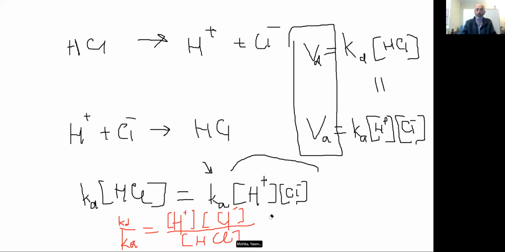Yes, absolutely correct. And since these are constants that describe a process, they are not related to any particular concentration. That means it is a constant that describes a property of this compound. Not any specific solution, but the compound dissolved in water. And we call this the dissociation constant, an equilibrium constant, or more concretely, if this process is described as dissociation, the dissociation constant. And this is a capital K. Rates are denoted by small k's, rate constants, but equilibrium constants are always capital letters, and that is standard